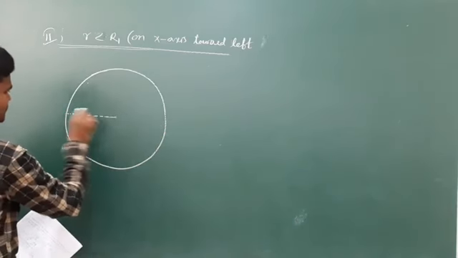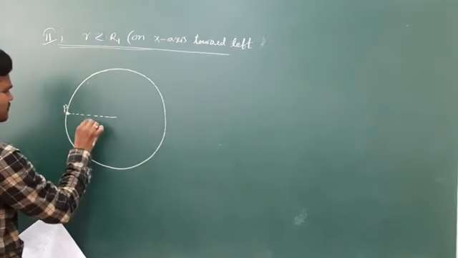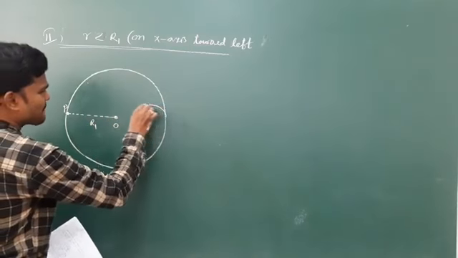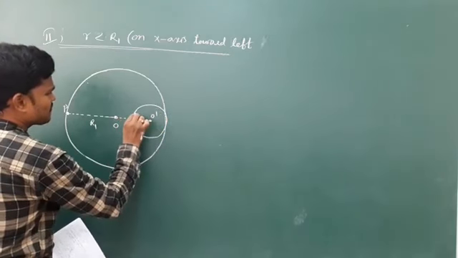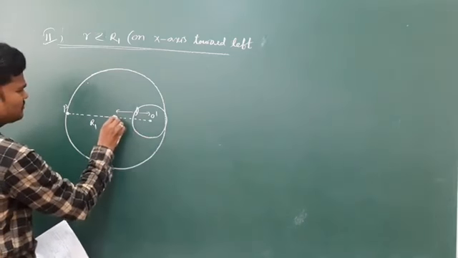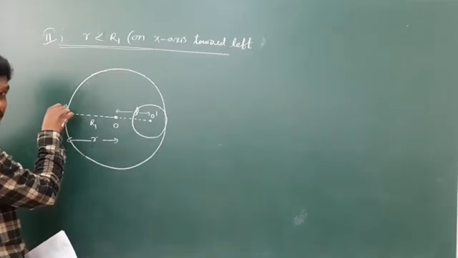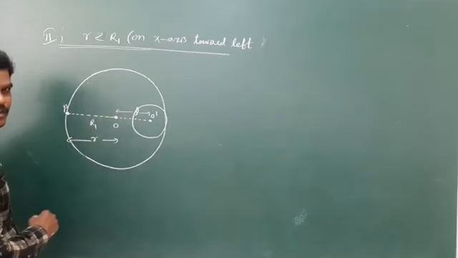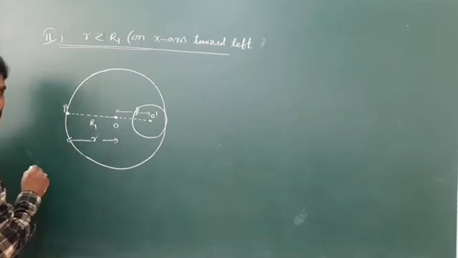They have given this point, almost closer. This is O dash, L, and we need to find out the field at this point. At this point, they given this diagram. If they ask it here, you can use the correct values, correct distances. So at this point, small r is equivalent to R1.